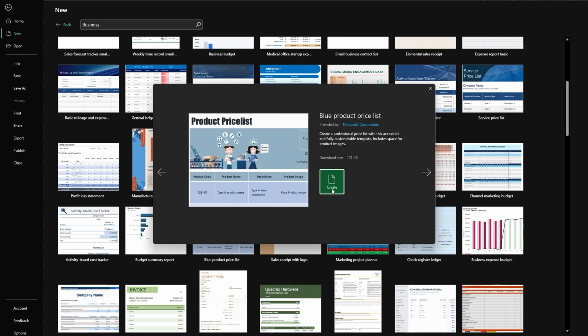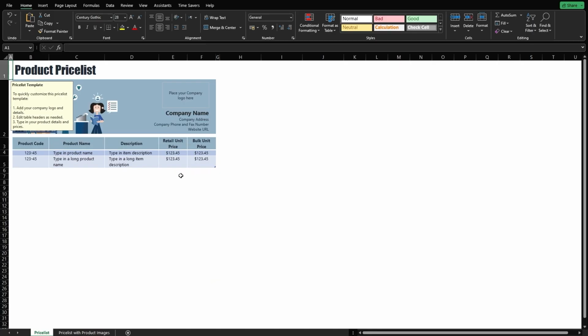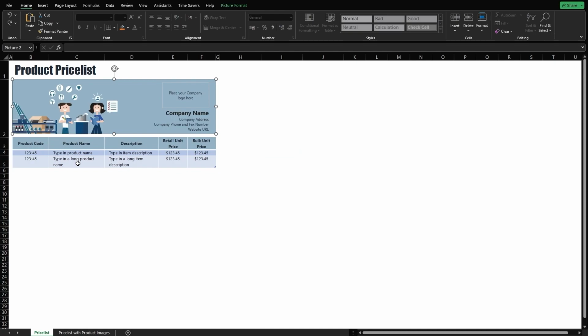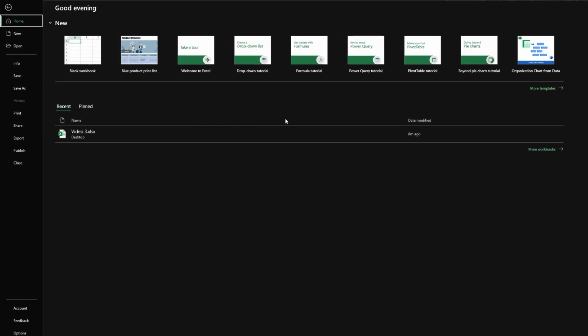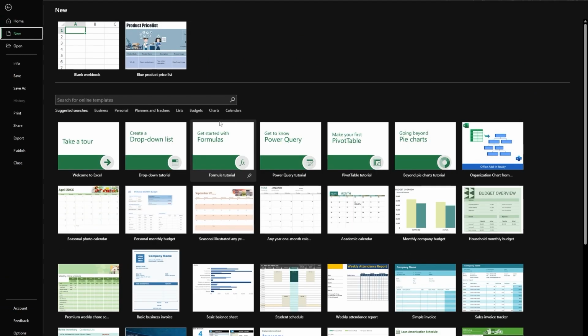Click on the template and click on Create, and after a couple of seconds you can see our template is now loaded into our sheet, and now you can simply modify all of its adjustments, values, and completely adjust it according to your likings. Similarly, if I want anything except business, I can just select something like personal,